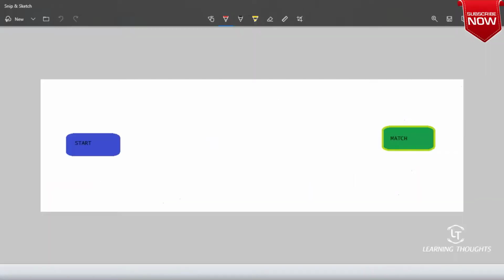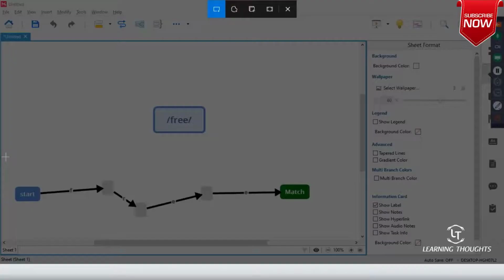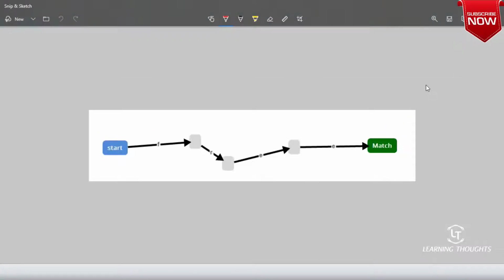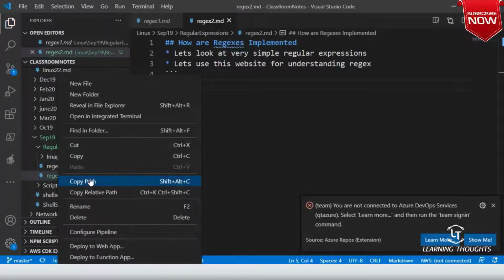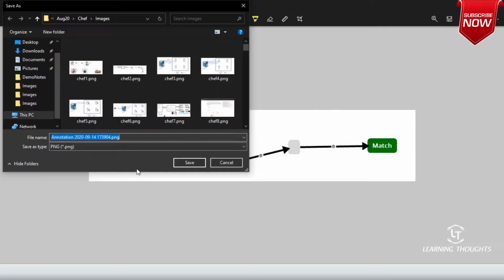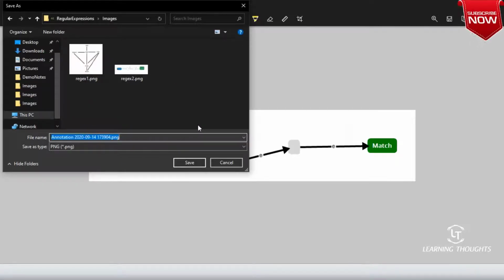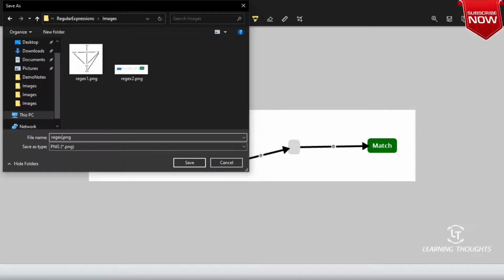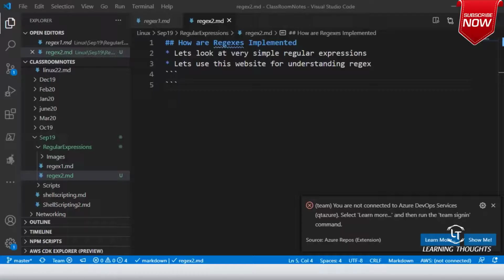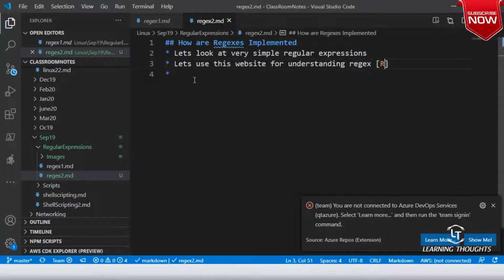Okay, let me just show these graphs in the images, right? So first one was straight away, no more paths, nothing, simple. Okay, regex 3, right? So refer here.